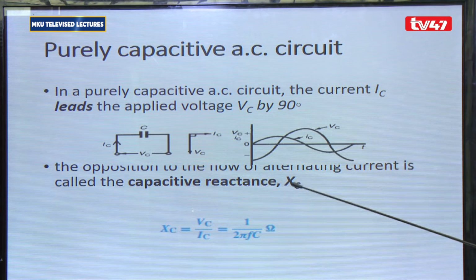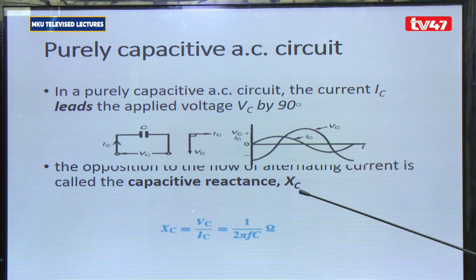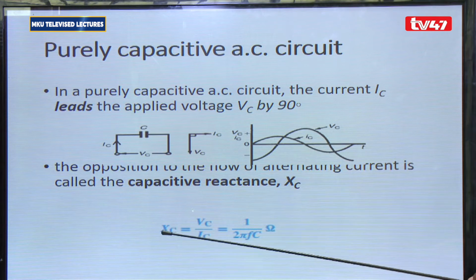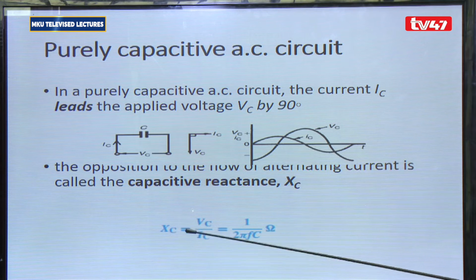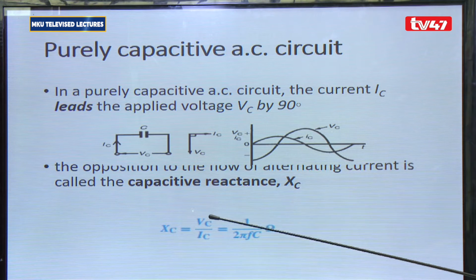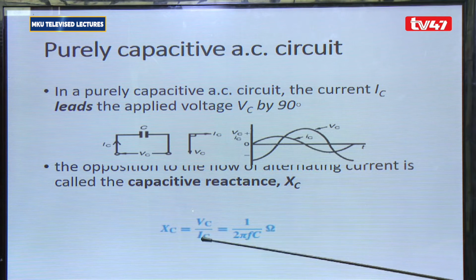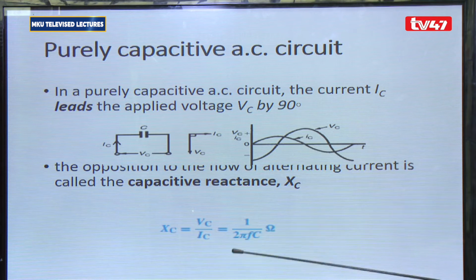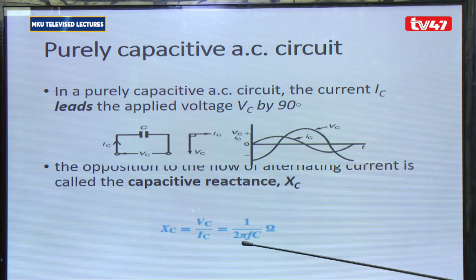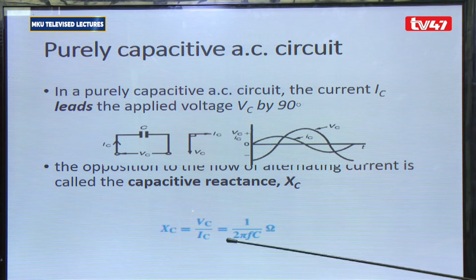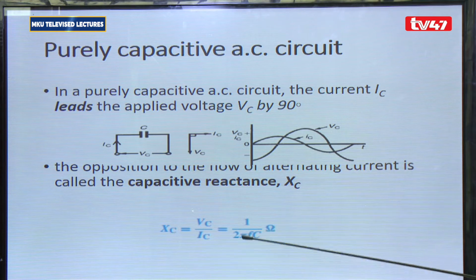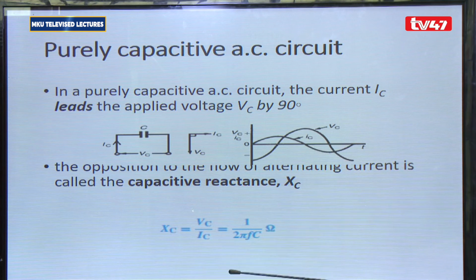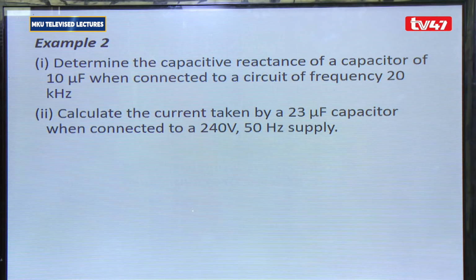It's abbreviated by X subscript C, and to get it, you take the voltage across the capacitor divided by the current through that capacitor, and this can also be given by 1 over 2 pi fC, where again 2 pi f is omega, the angular velocity, and the unit is ohms. We have got an example where you are told to determine